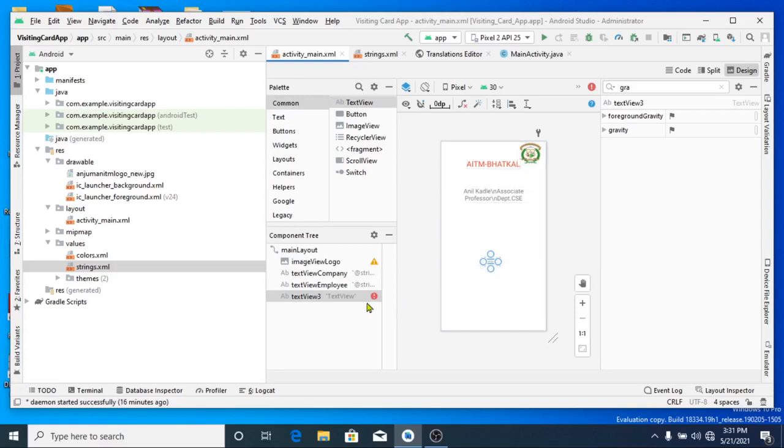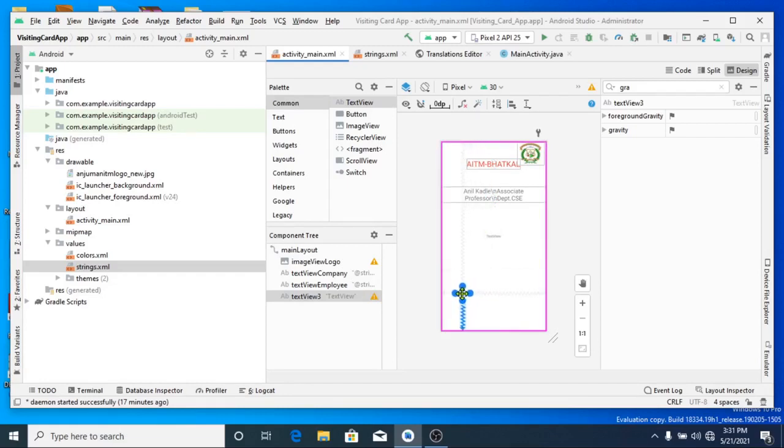Now again you see a red exclamation is there saying that you have to constrain it. See the design, whatever is there, I will just build it with only the design, not with XML programming. Later let us concentrate on XML, but for the time being we will work only with the design with drag and drop.